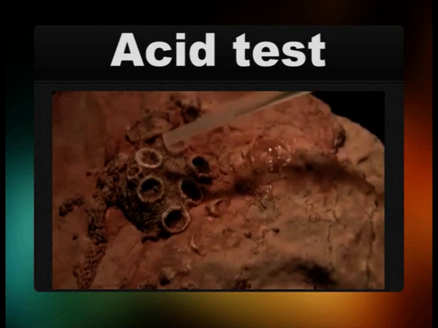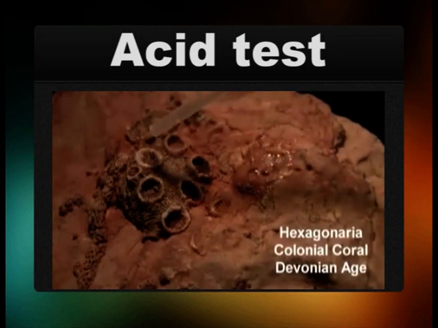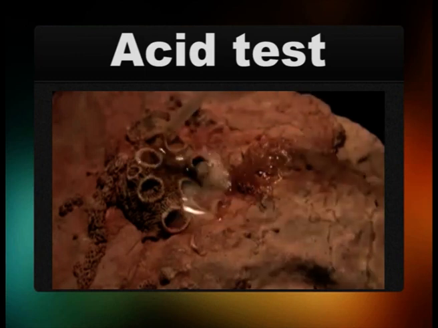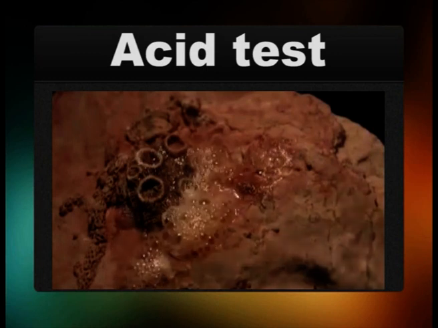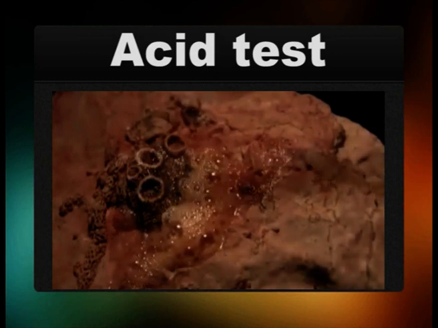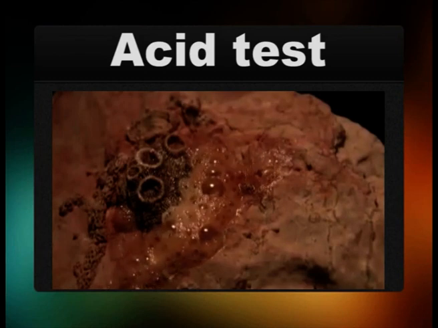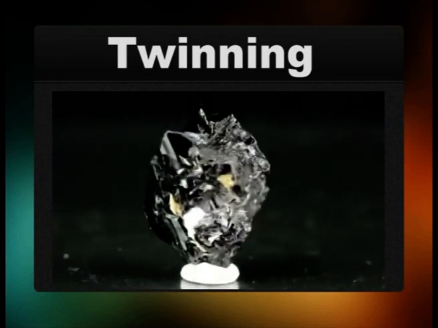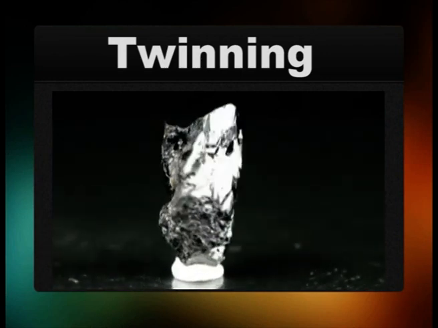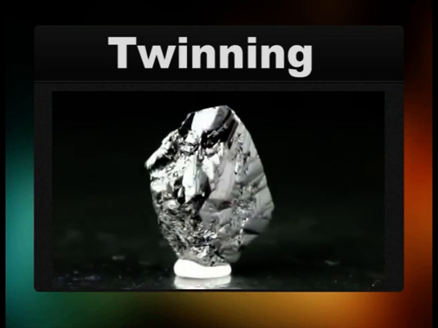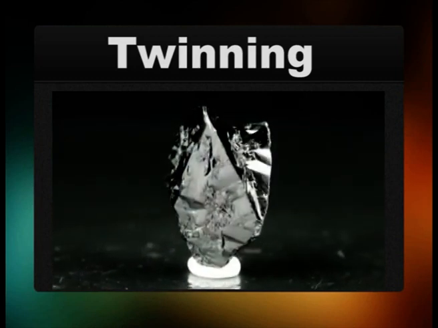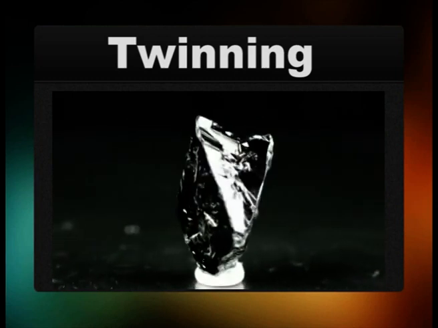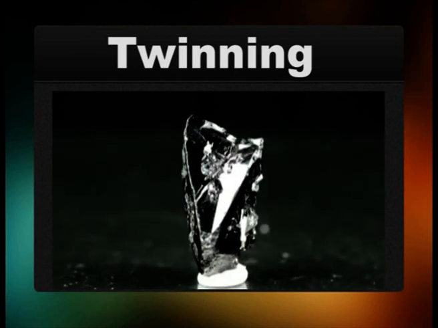A mineral exhibits effervescence if it reacts to weak acid by generating bubbles of gas. Dolomite will react when powdered or if the acid is heated. Other carbonate minerals such as siderite will effervesce slightly with strong or hot acids. Next property is twinning. Crystal twinning occurs when two separate crystals share some of the same crystal lattice points in a symmetrical manner. The result is an intergrowth of two separate crystals in a variety of specific configurations. The type of twinning can be a diagnostic tool in mineral identification.